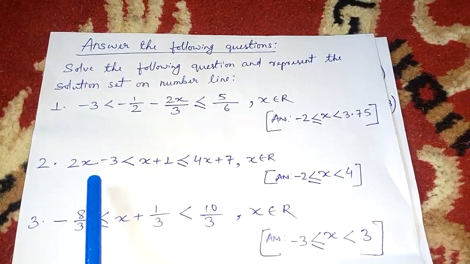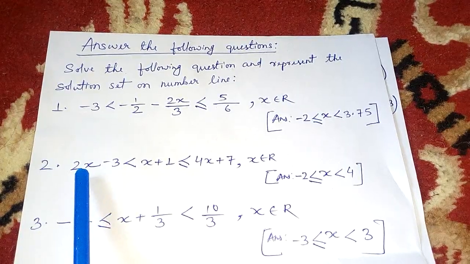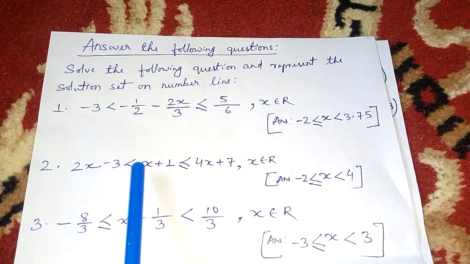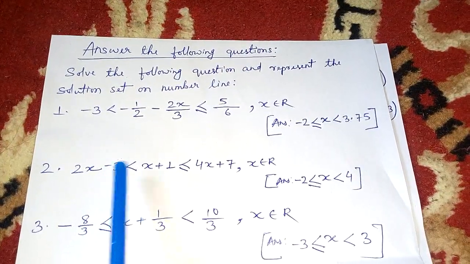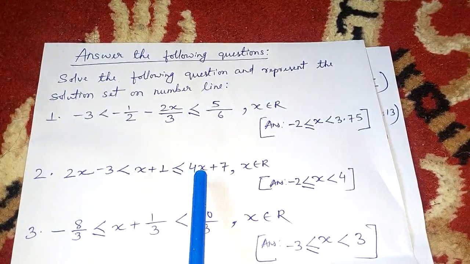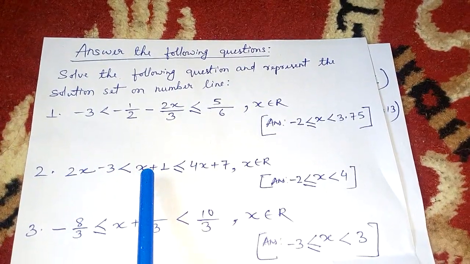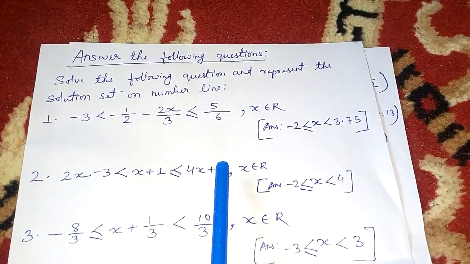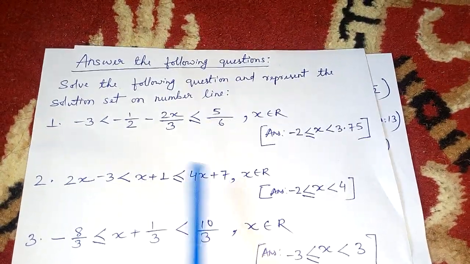Now in question number 2, you can see x is here also and here also. So in this case, 2x is the larger x, greater x, and this 1x is smaller. So in case 1, shift this x from the right hand side to the left hand side and take minus 3 from left to right. And in case 2, these two expressions, x plus 1 less than equal to 4x plus 7. In this case you can see 4x is greater and x is smaller. So here in case 2, shift this x from the left hand side to the right hand side and shift plus 7 from the right hand side to the left hand side, and plus 7 will become minus.